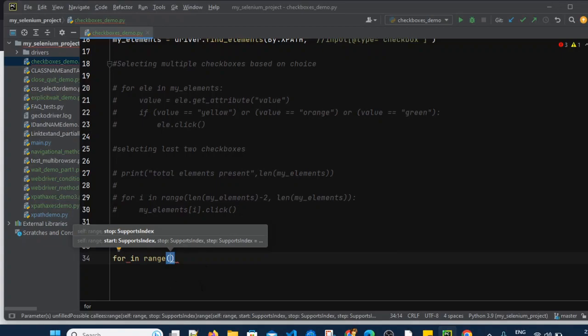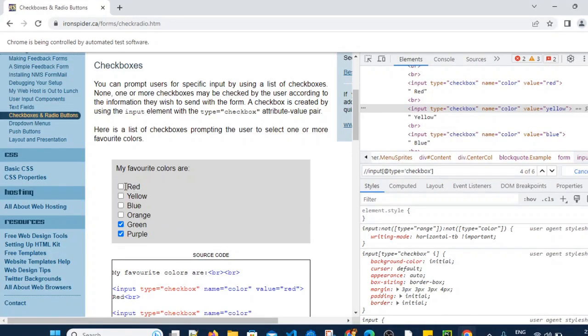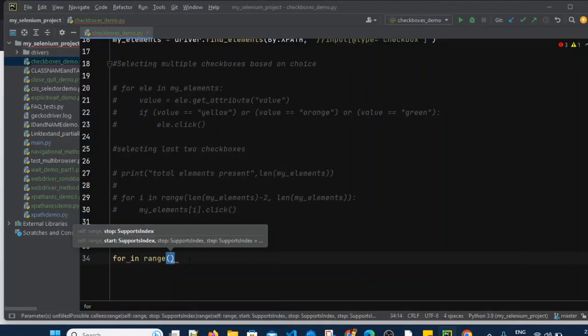By default 0 will be considered as the starting index. So I want to select 0, that is red, and 1, that is yellow, because list index starts from 0. Red is at the 0th position, yellow is at the first position. I want to find red and yellow and click on them.